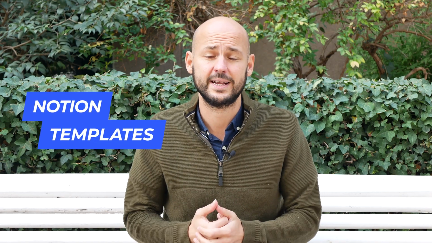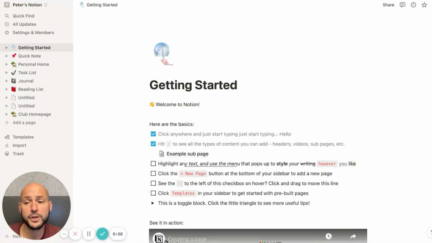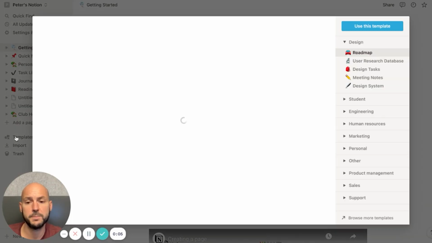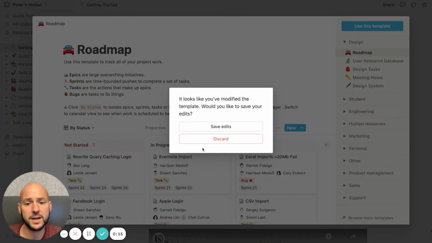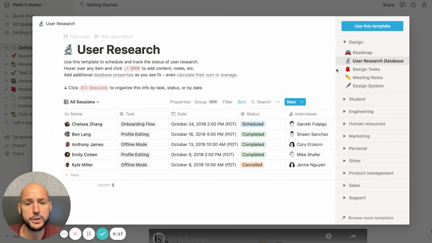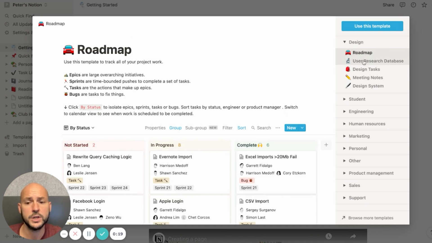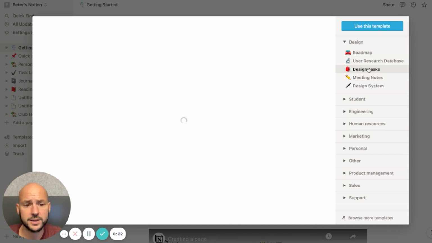Another killer feature within Notion is the ability to create different document types using templates. There's a vast range of options here. Let's jump in and have a look. Another neat piece of design here is how the user can select templates from the menu. You get a pretty large overlay that fills most of the screen, and it enables you to just see a wide range of templated screens that are available to the user here, from roadmaps to user research, design tasks, and